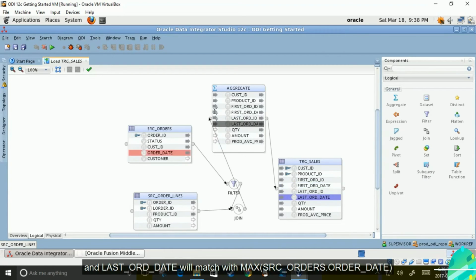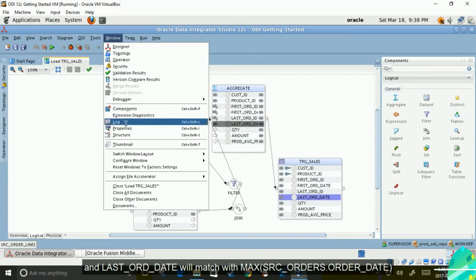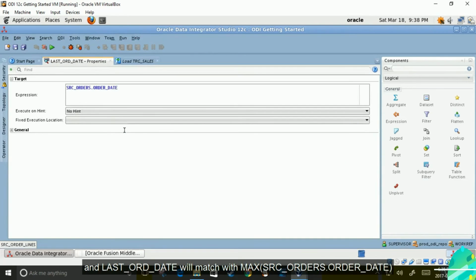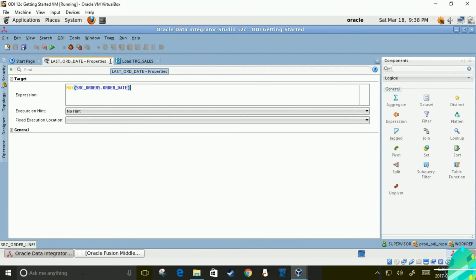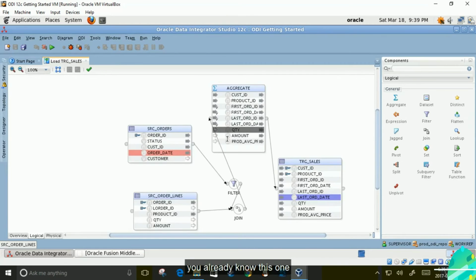And last order date will match with MAX of order date from order table. You already know this one.